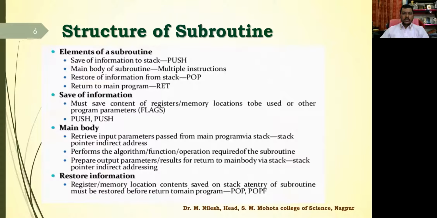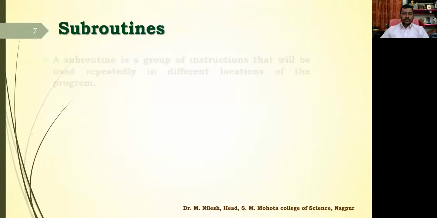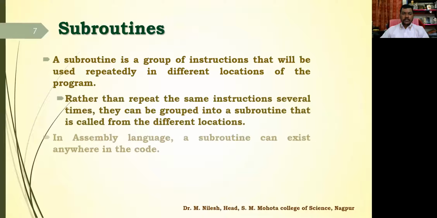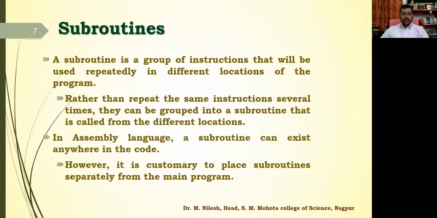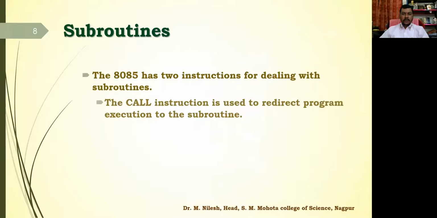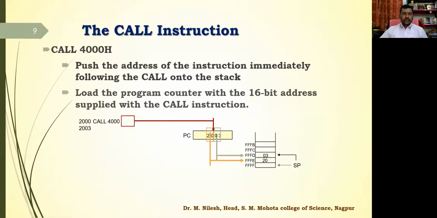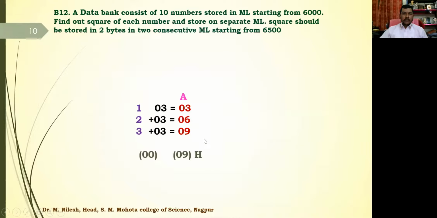This is the structure of a subroutine we studied earlier, along with some of its characteristics, which we are going to use today. We have also studied the call and return instructions. This is how it works: when you call, the program counter switches, and this is the program that we are expecting to start today.